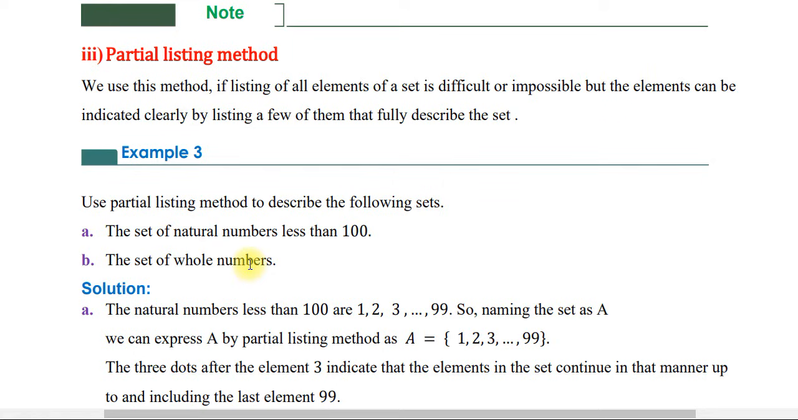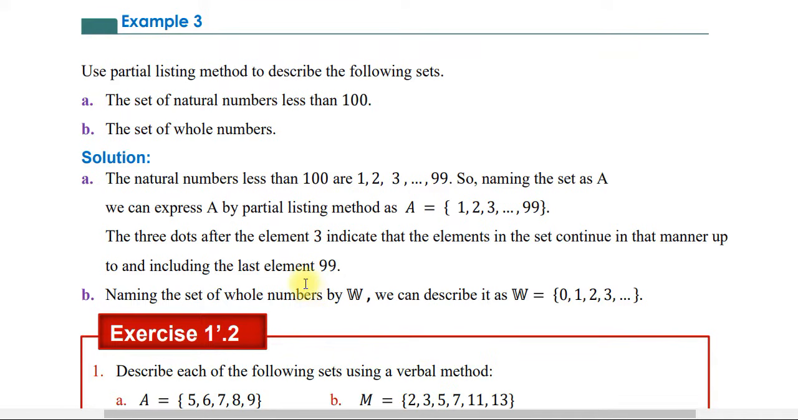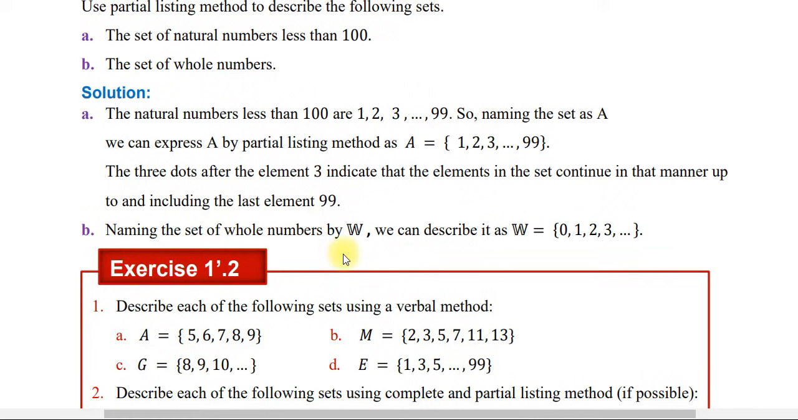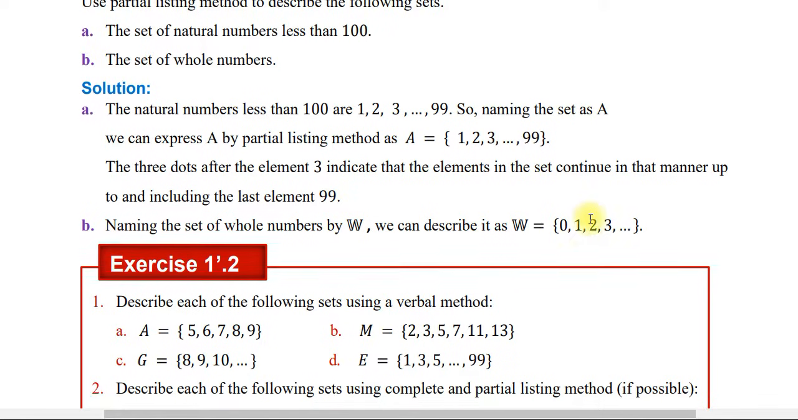B the set of whole numbers. አሁን the set of whole numbers ስንል የሙሉ ቁጥሮች ስብስብ። እንግዲህ ሙሉ ቁጥር ከዜሮ ጀምሮ እስከ ኢንፊኒቲ ነው። እልቆ ቢስ ነው አያልቅም። ስለዚህ እሱን ሁላ ዝርዝረን አንጨርሰው። So listing all the elements impossible here. ሁሉንም መዘርዘር impossible አይቻልም። ስለዚህ naming the set of whole number by W or capital W, so we can describe it as W which is equal to the set containing 0 1 2 3 then dot ብለን እንዘጋለን ማለት ነው። ስለዚህ ይሄ ሜተድ ምን ይባላል? ፓርሻል ሊስቲንግ ሜተድ እንለዋለን ማለት ነው ጋይስ።